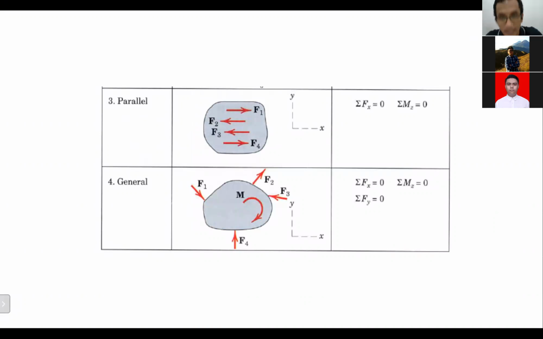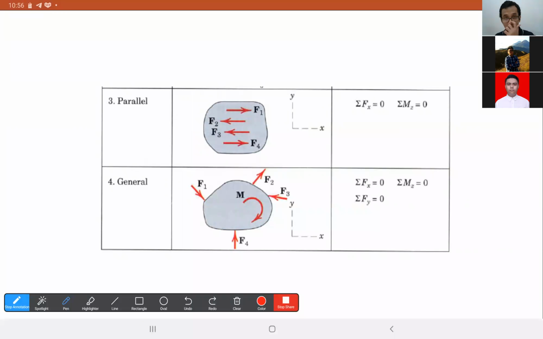So that's the first and the second problem. Now we have another case. If the forces are parallel like this, in that case, in order for the equilibrium to be met, the easiest way, as usual, you